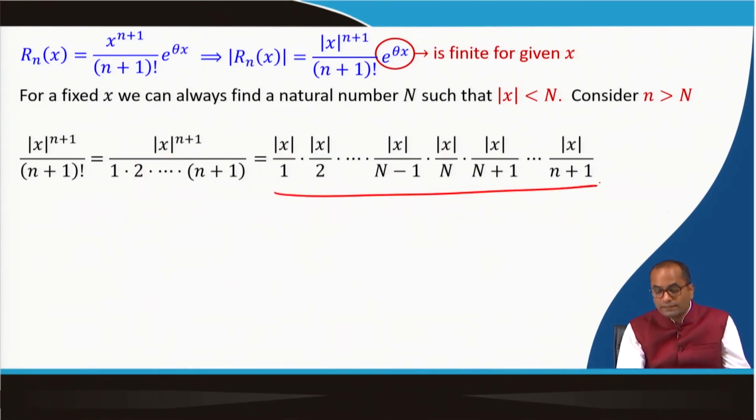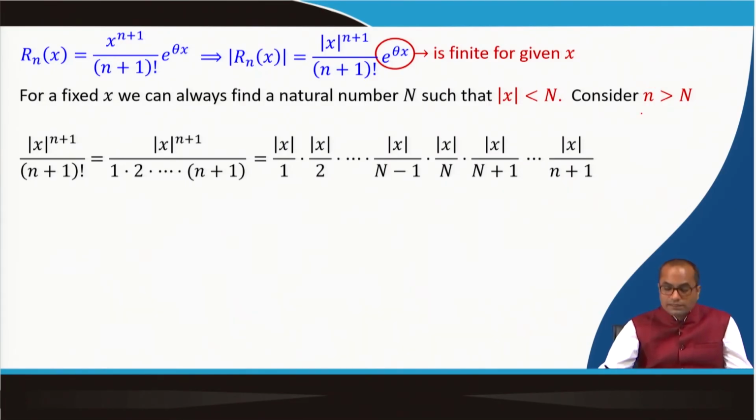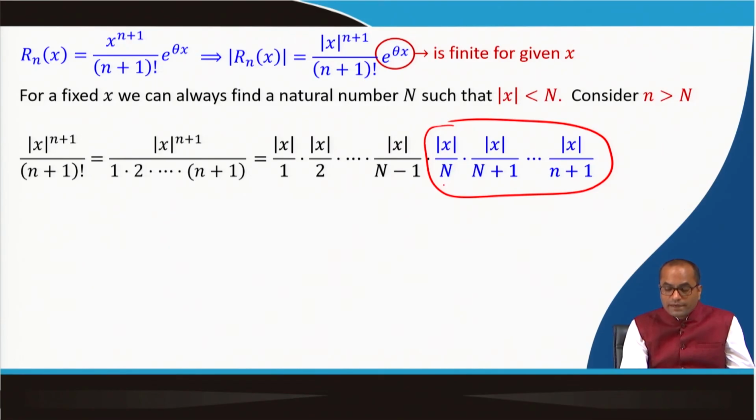So we have written it in this form, and as we can realize, because we have chosen this n bigger than N, at the end we will be observing what happens to Rn when n approaches infinity. So we can choose this small n which is greater than big N, therefore this big N term is coming in between, and then we have this n+1 term at the end. Well, if you observe these terms here, mod x over n